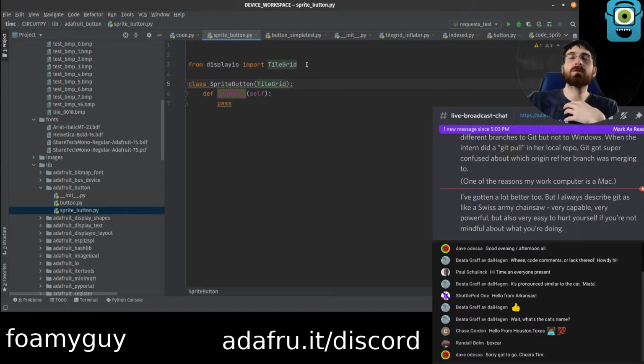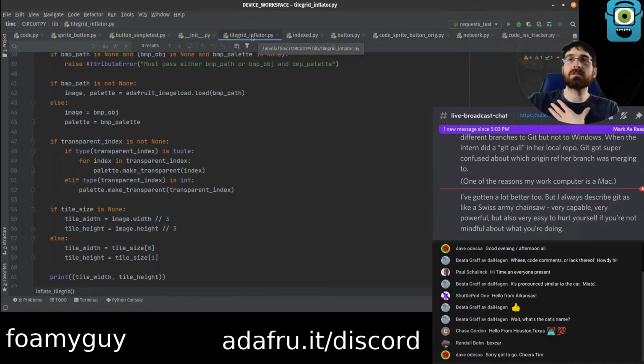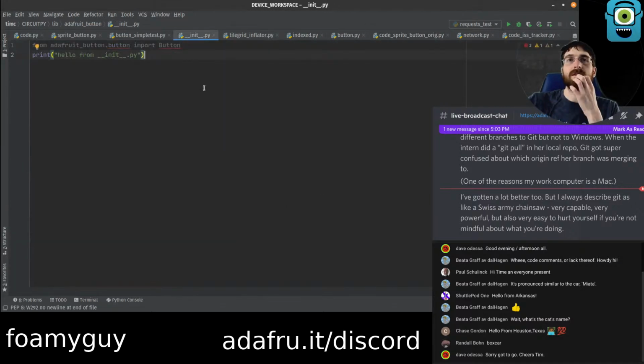So the question is basically, is it worth making everyone who wants to use the Sprite button have extra RAM that gets taken up for the upside of everybody who's using the shape button, the original one, not having to change their code at all?